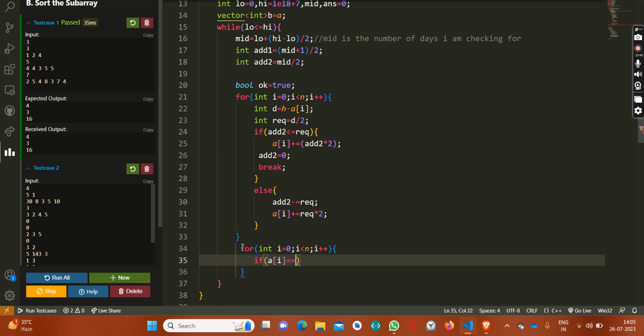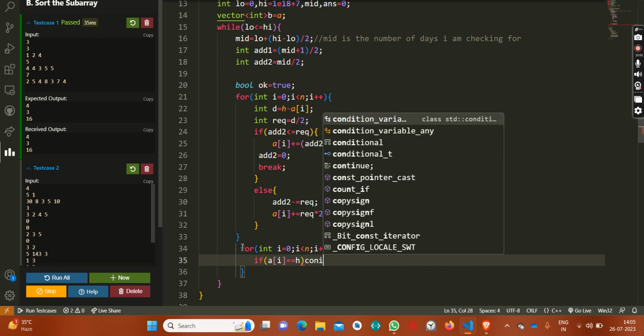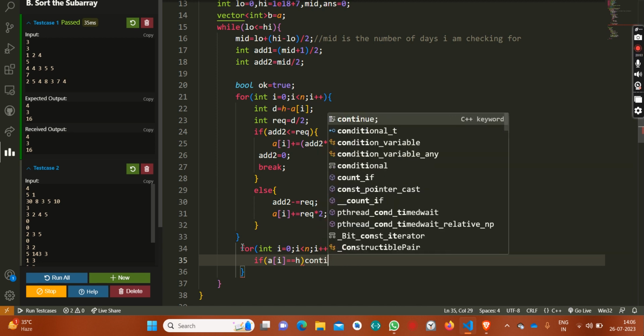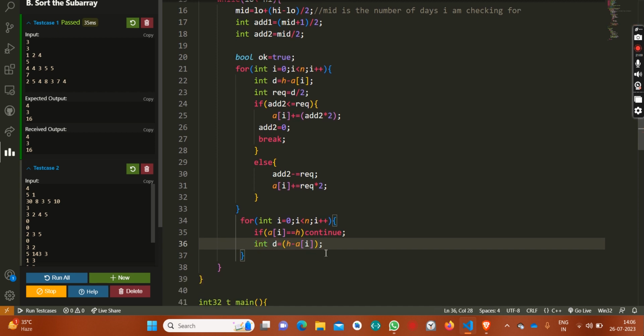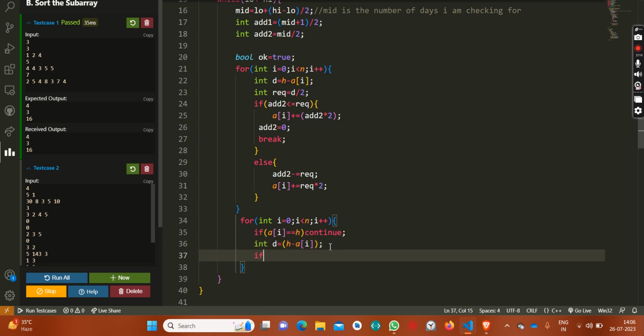If a[i] equals h, then obviously I would have to continue, no need to perform any operation. Now int d, what is the requirement here? The difference itself. Why? Because we have to only increase by 1. So the number of times we do the increment by 1 would be the number of required operations. Okay, so again the same thing, if add 1